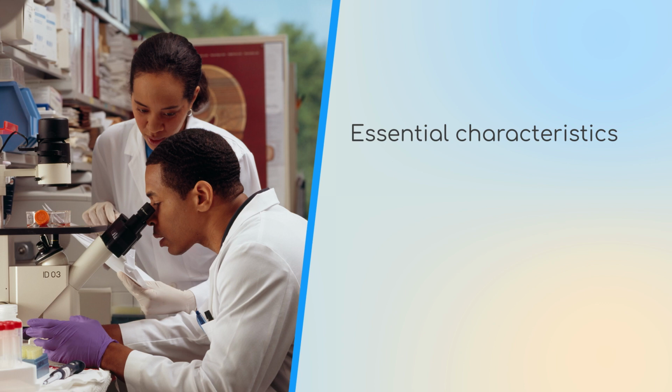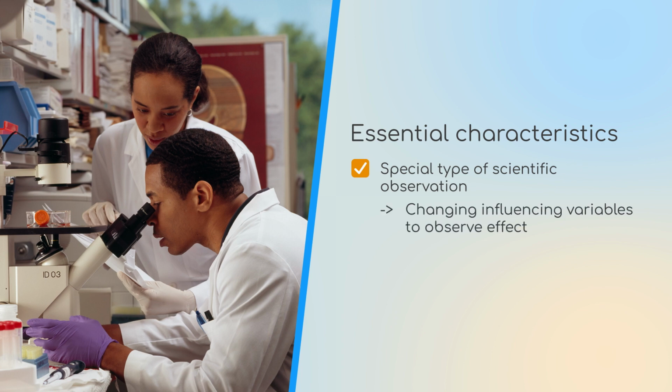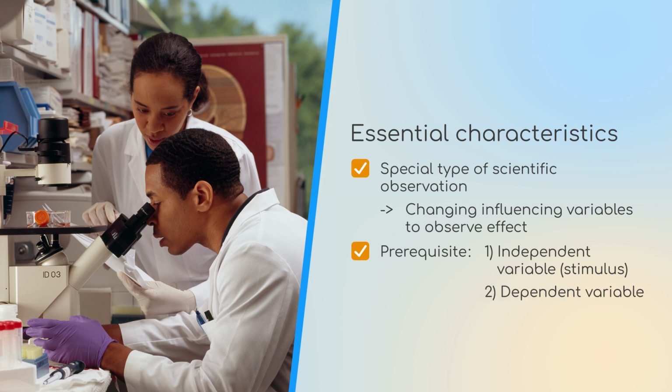A scientific experiment is a special type of scientific observation. Unlike non-experimental observations, experimental observations involve changing influencing variables under controlled conditions and thus actively intervening in the research situation. The prerequisite for an experiment is the presence of at least 2 observable factors, so-called variables, an independent variable that is arbitrarily modified to test its effect, and a dependent variable that is deliberately influenced. By changing the independent variable, it becomes possible to compare different situations or behaviors and thus measure the influence of